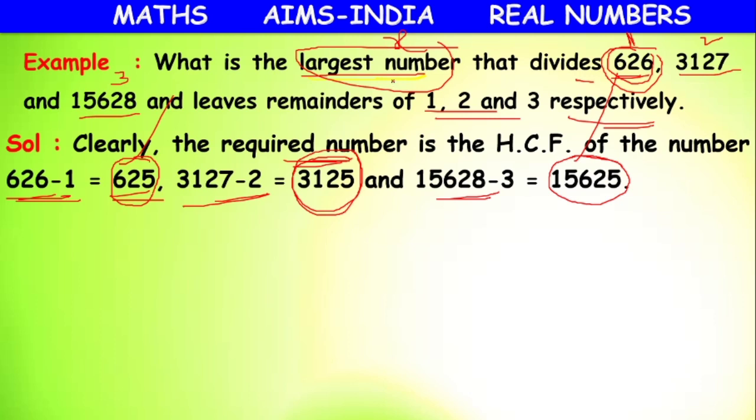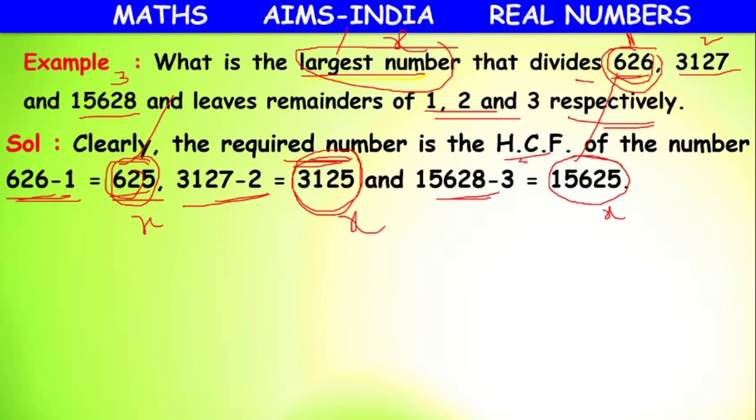But we want to find the number which divides exactly, that is also the largest number we need. Here what we are telling is, x divides 625, x divides 3125, x divides 15,625 exactly, because whatever remainder we are getting, that we have subtracted. So the result will be divided exactly by x. But what are they asking? They are asking for the largest number, meaning the number which divides and which will be the largest.